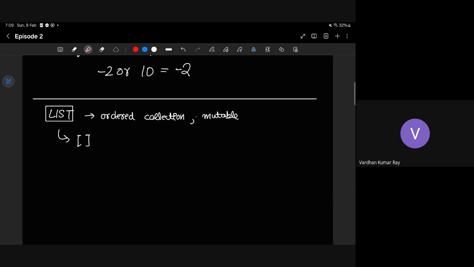So just wait. It's an ordered collection and mutable. Just two words, so you just need to remember this: ordered and mutable. That's all. And I will tell you what we mean by these two terminologies. Ordered means that each element will be mapped to a number which helps me give an order. In general, you can give ordering to any set, but most of the time we talk about natural numbers or real number ordering. So for each element,